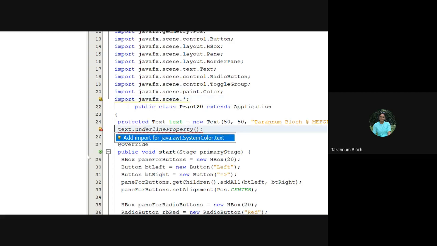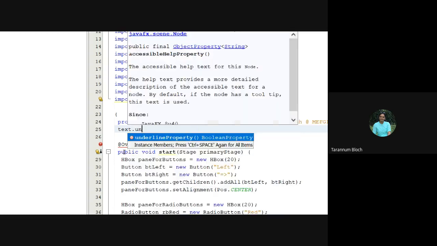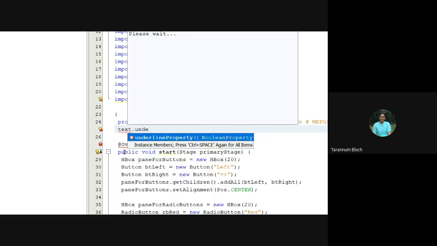I don't know why it is saying it has to give me text dot underline. Right, it is there, underline.